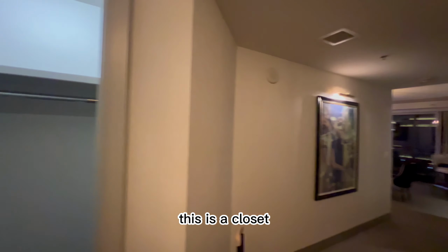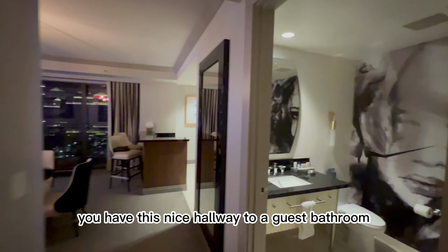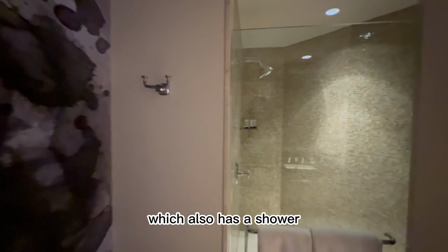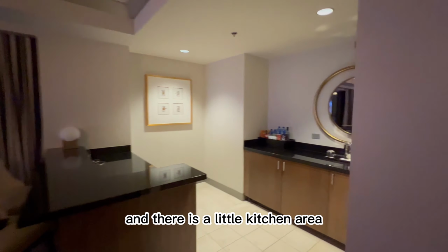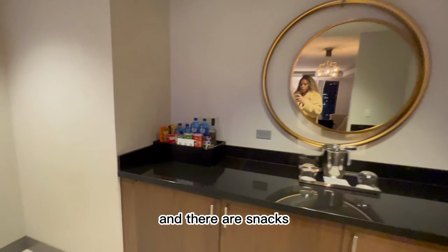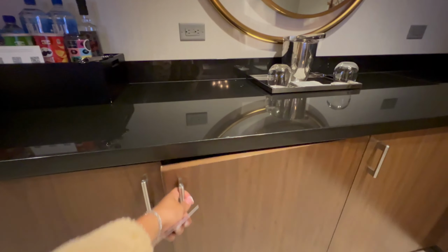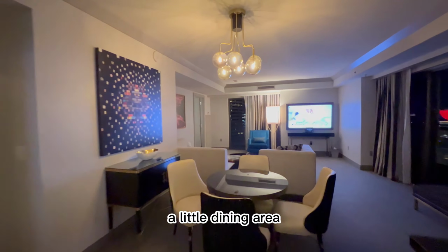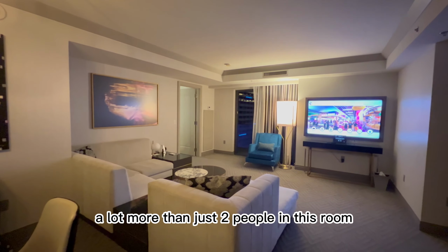This is the closet. You come down, you have this nice hallway to a guest bathroom, which also has a step-in shower too, which is really nice. And then you come out and there is a little kitchen area, and there are snacks and a refrigerator and pretty much everything you need. A little dining area and a couch area, so you could actually fit a lot more than just 2 people